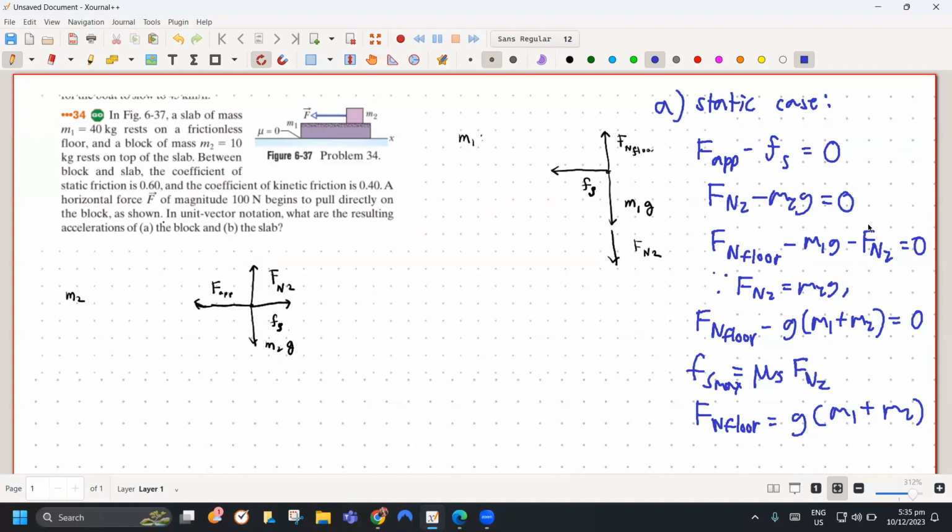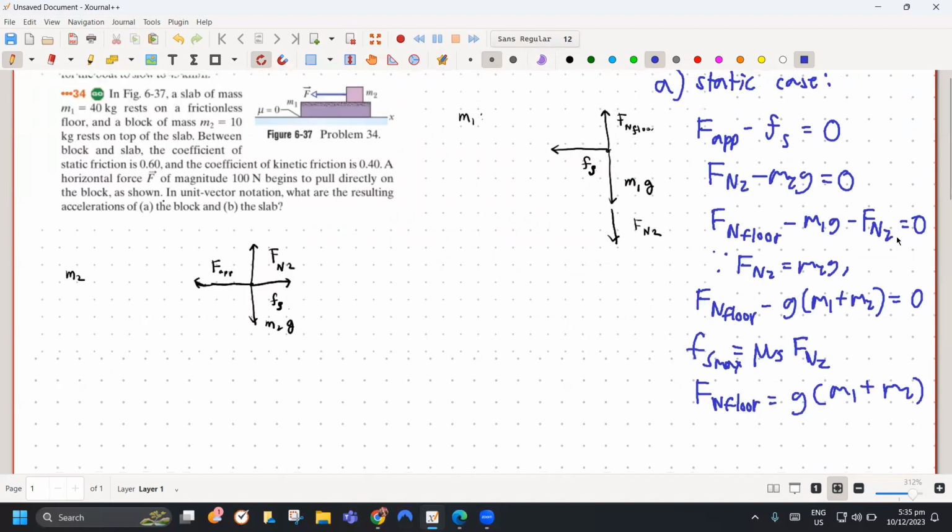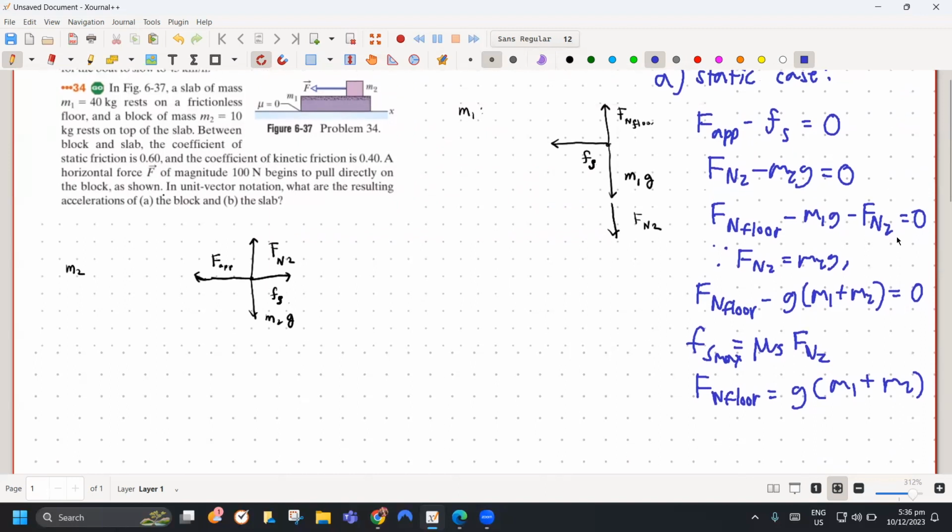Kasi yung static friction, di ba, it's dependent on the forces of contact between the two objects na rubbing against each other. So we don't actually need to compute normal force from the floor. Although, from your work, lalabas na reasonable naman. Normal force from the floor does give you total mass times G,